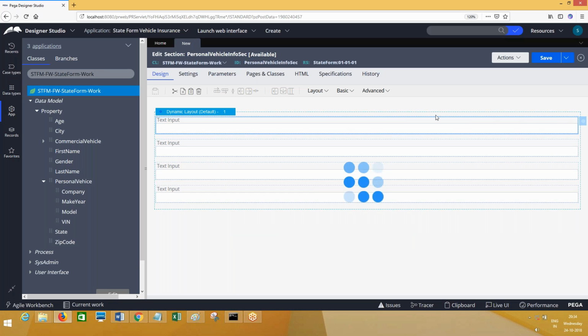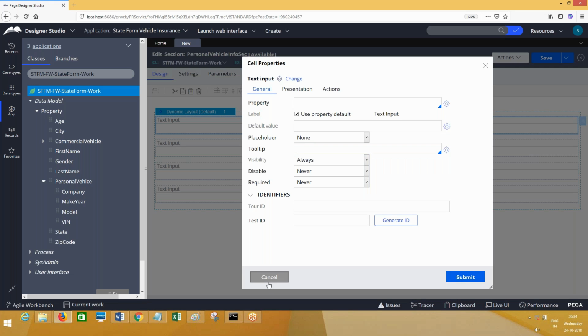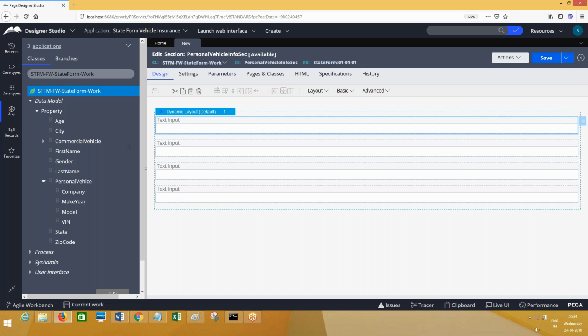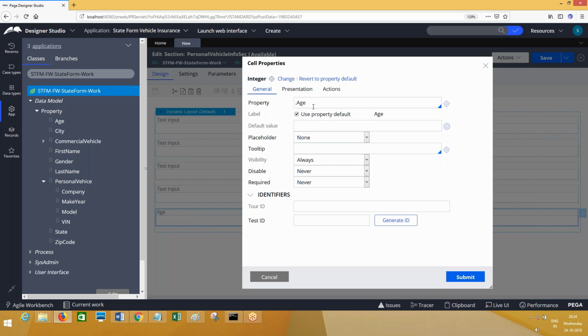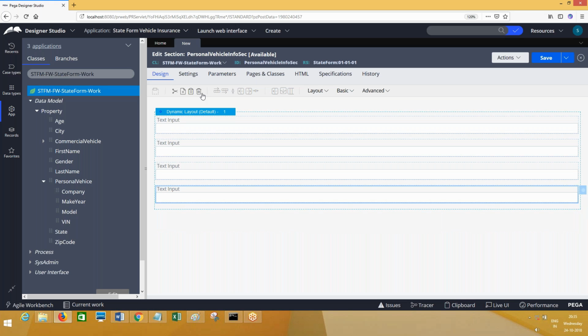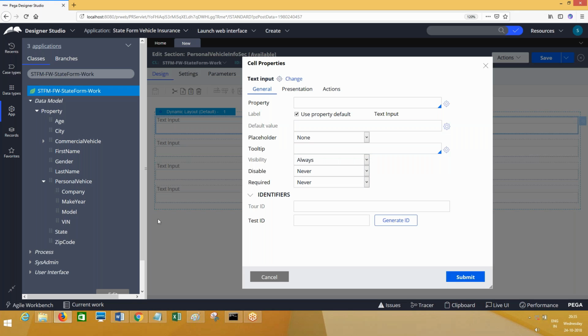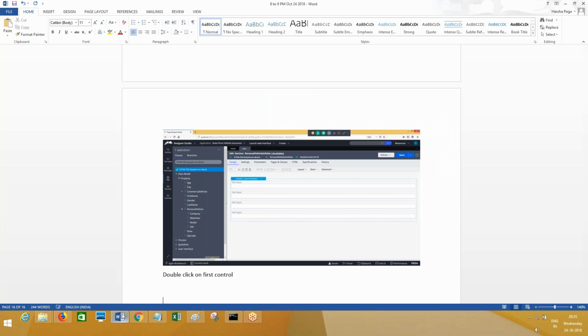When you double click, this control should be mapped to a property. When you drag and drop a single property also, suppose a single value, it will come. If you drag and drop this, double click on this, this is mapped. This control is mapped to a property. Same we are doing in a reverse way. That's it. Nothing new.